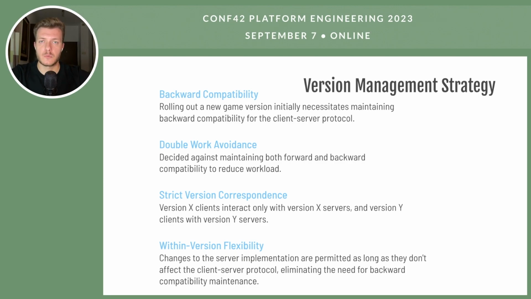A client of version X will only connect to a server of the same version X, and similarly for version Y. This approach eliminates the need for double work in maintaining protocol compatibility. Within the same version, server changes are permissible as long as they don't affect the client interaction protocol, giving us